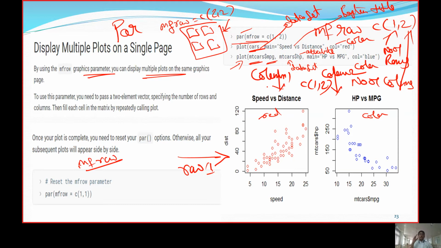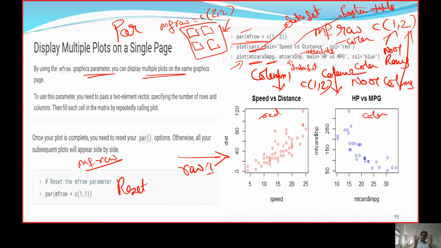Okay, one most important item in this case is, if I don't reset these multiple plots to a single plot, then the rest of the plots will also be multiple plots. This is a situation which will arise unknowingly, right? From a single plot, if we switch to multiple plots, it is fine.